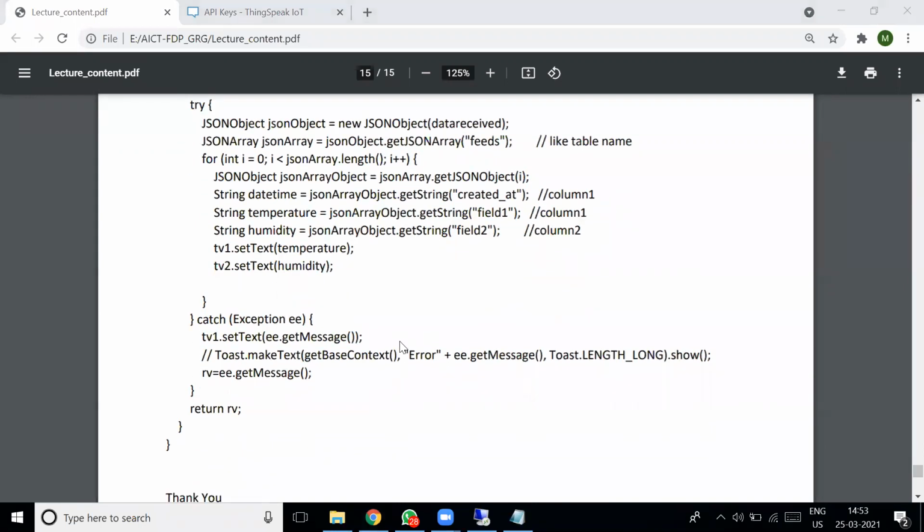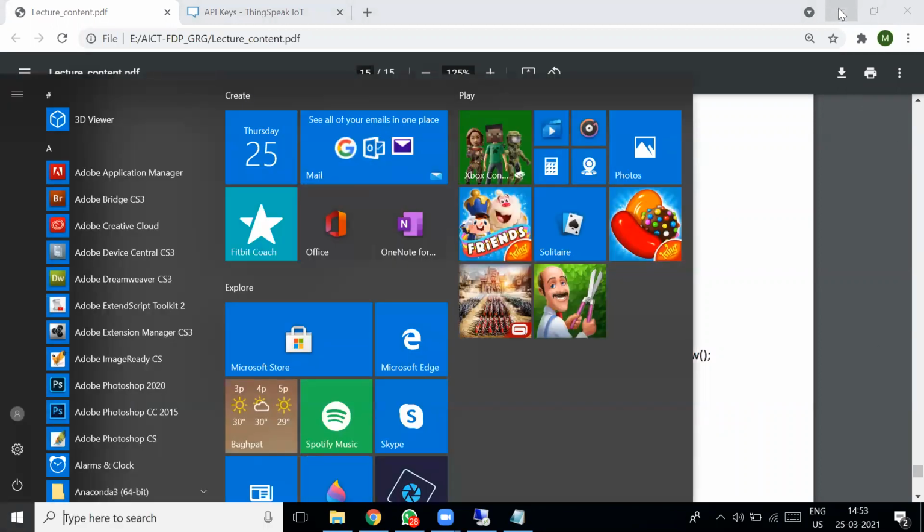So now I show the real implementation of this code.